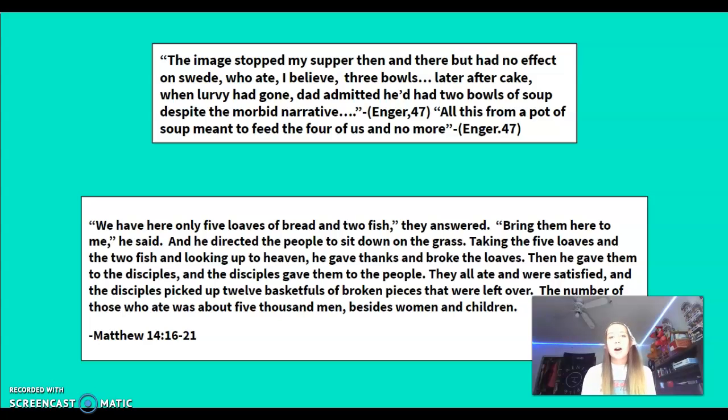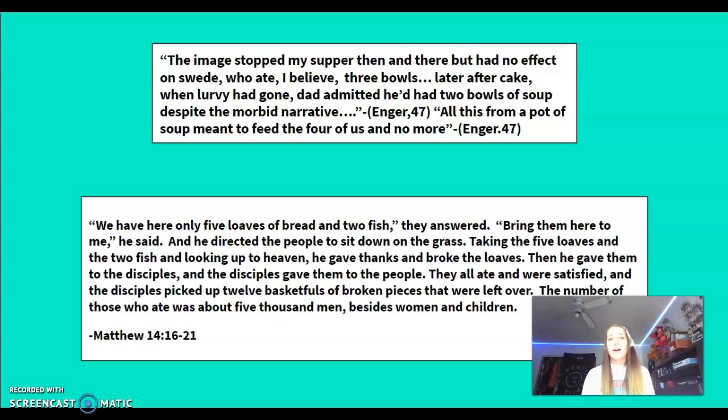All this from a pot of soup meant to feed the 4 of us, and no more." This is found on page 47 of Peace Like a River. To me, this references the story in the Bible where Jesus feeds the crowd of 5,000. The important piece of this